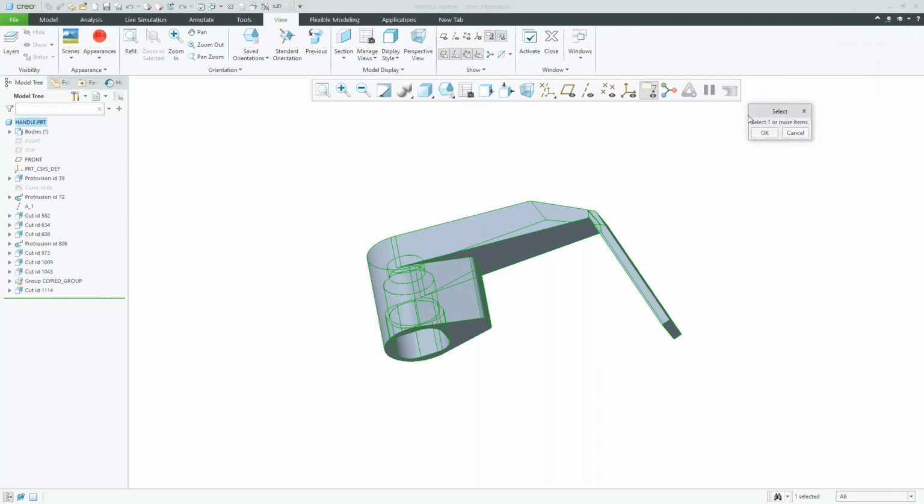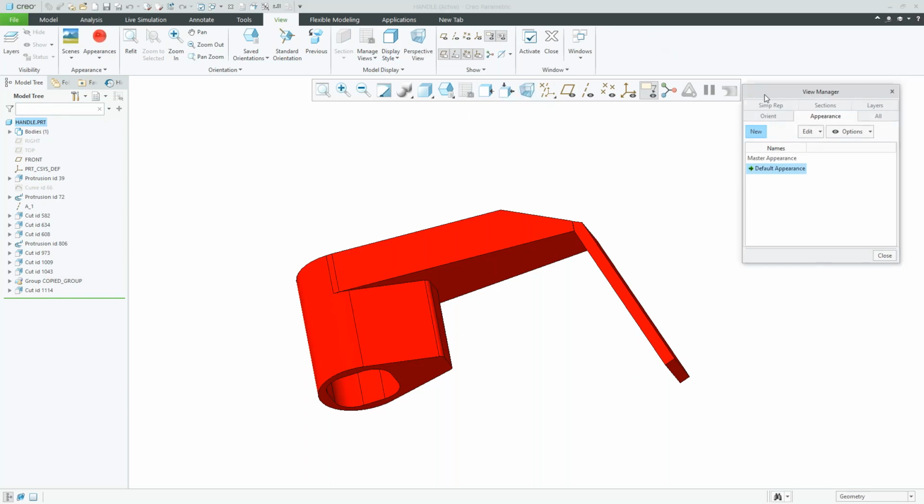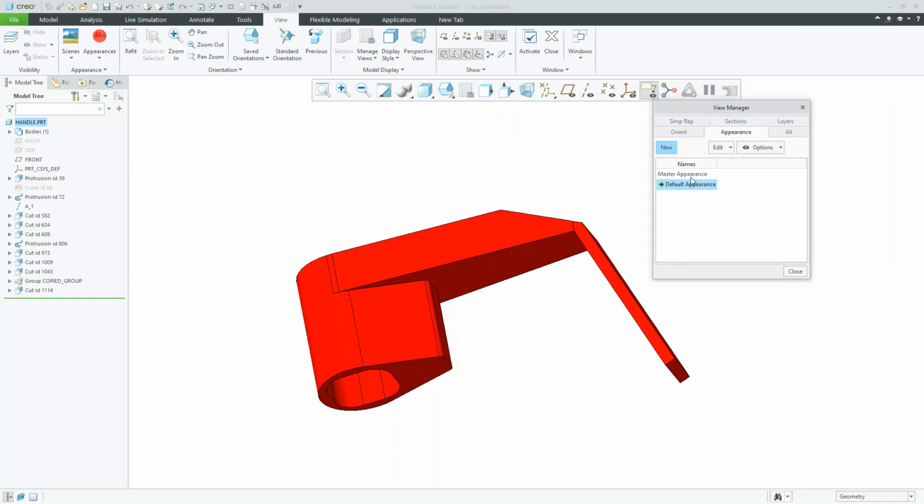Don't forget to drive your car, look around. There he is, and I'll just pull it a little bit over so you can see it. We'll say okay here, and then you can see the applied state. Now, when we go over to the View Manager here, and wow, was he really slow? But there he is. You can see the default appearance, and there we'll go back to the master appearance, and